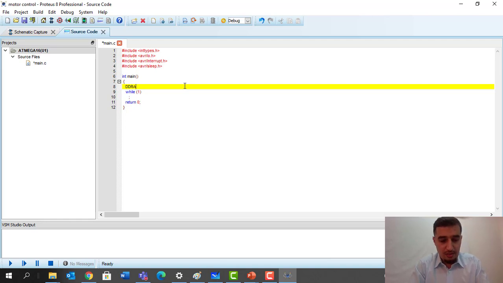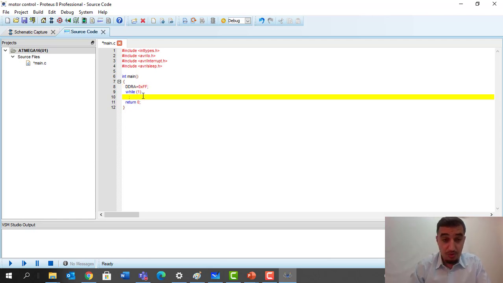I will say that DDRA is equal to 0xFF. I will choose port A as an output, and in the while(1) loop I will say port